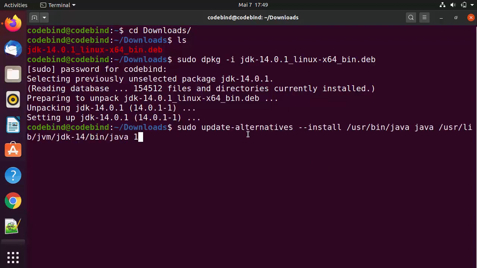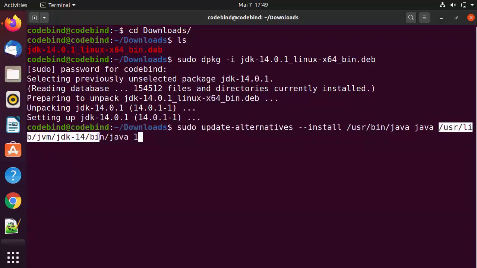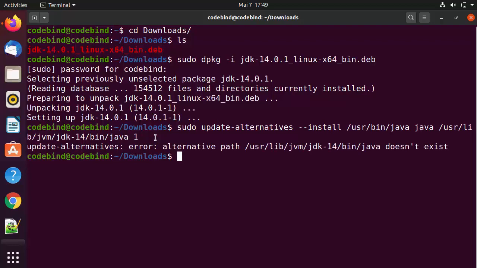The next command is sudo update-alternatives --install, then this path java, then /usr/lib/jvm/jdk14/bin/java, and then 1. Just give this command and press enter. This command has given me the error which says alternative path doesn't exist, because we have installed 14.0.1 and we are giving this path.